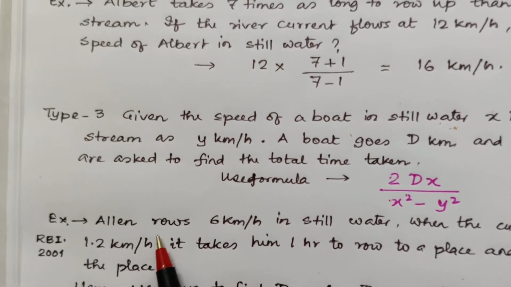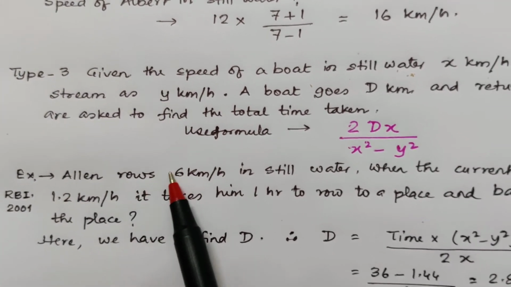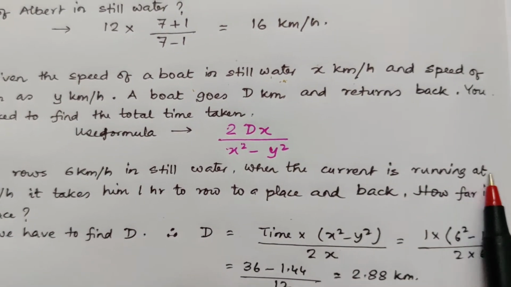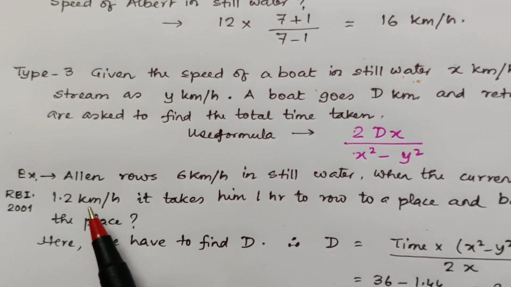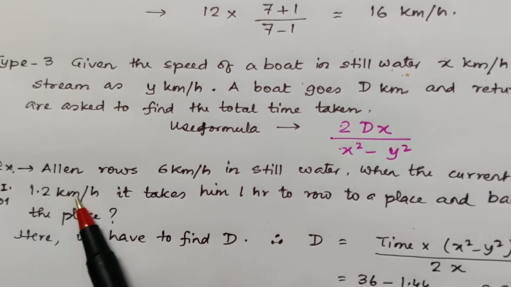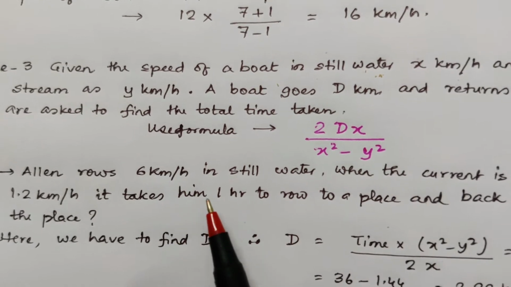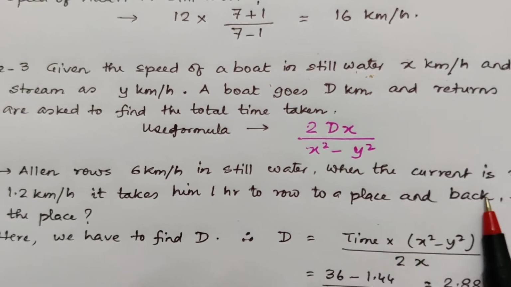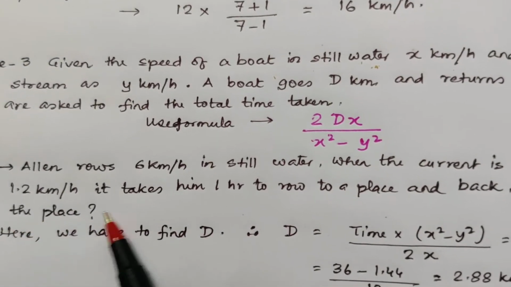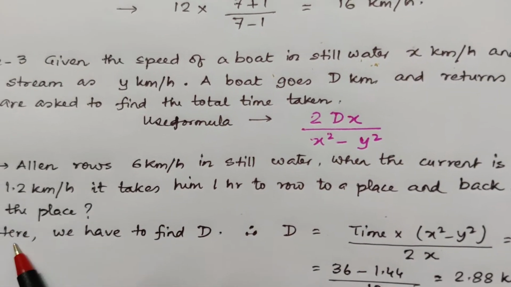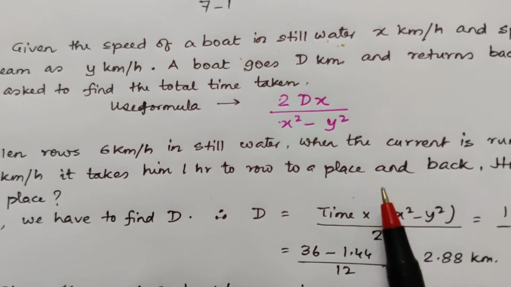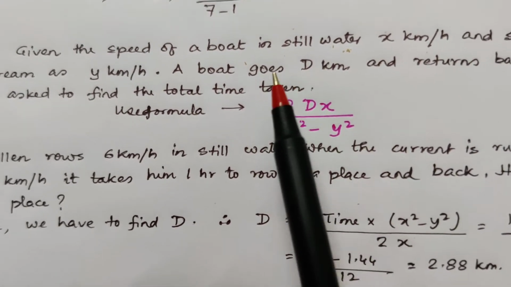So the example is Alan rows 6 km per hour in still water when the current is running at 1.2 km per hour. This had come in the RBI exam in 2001. It takes him 1 hour to row to a place and back. How far is the place? So here we have to find D. D is equal to time into,